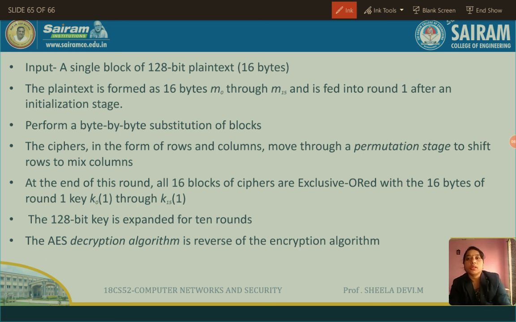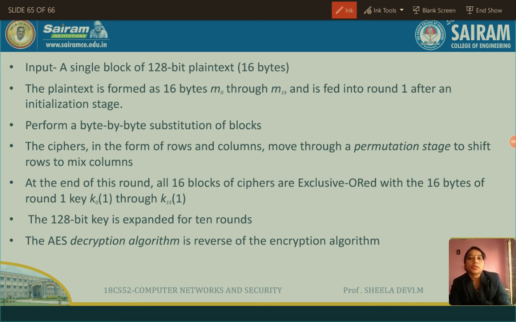As I said, a single block of 128-bit plain text is taken. The plain text is formed as 16 bytes, M0 through M15. So they take the 128-bit plain text, convert it into 16 bytes, and feed it into round 1 after the initialization stage. It performs a byte by byte substitution of blocks, that is substitution.